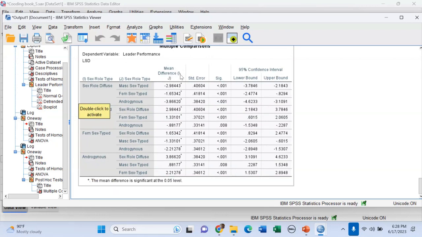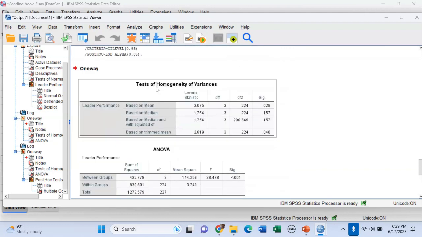Now, mean difference is I minus J. Here, I is nothing but sexually diffuse. J is masculine sex type. I'm just repeating again. I'm comparing each type with the other type. For example, if I take only 2 categories, sexually diffuse and masculine type, I want to know how much difference we have. If you look at it, sexually diffuse versus masculine sex type, we have a difference of minus 2.98. How are we getting this value? If you go back to our values here,